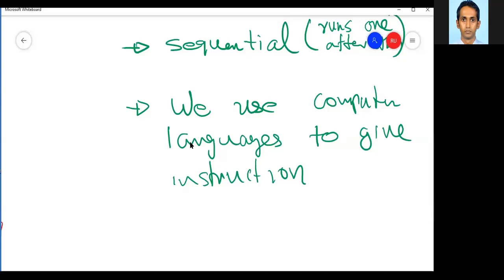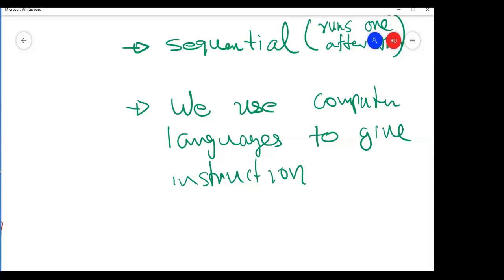We will start with a simple visual programming tool, and then we can move into a real computer language like C. But the computational thinking is the same in almost all the languages, so you can do the similar thing in every computer language.